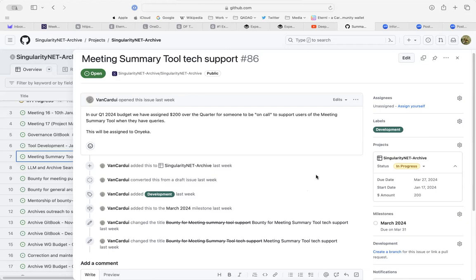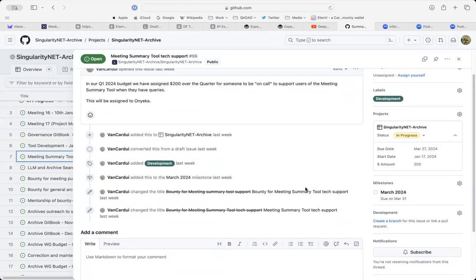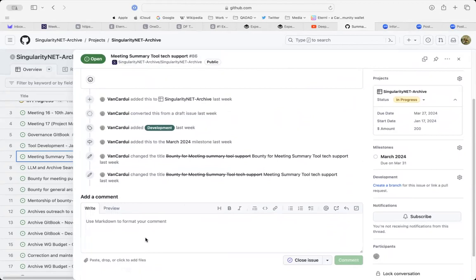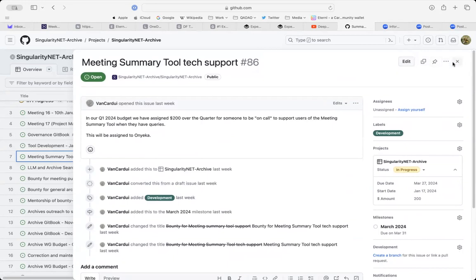Right. So yeah, okay. It has the start date for the issue in there, so it's costed for that. It's going to come out of March if it comes out of the budget. Yes, that's right. So the way that would be assigned would be to mention Nika's GitHub name in the comment, if that's what we're agreeing now. So that's what you'd add to the comment, maybe.